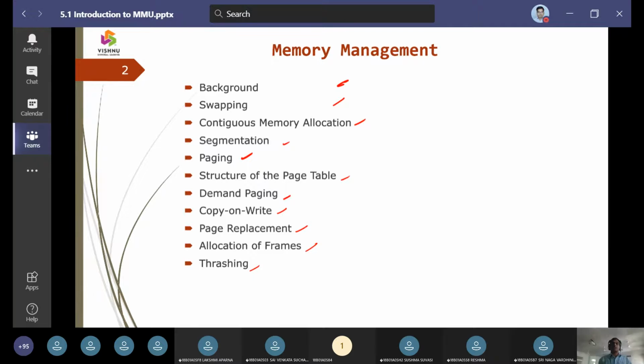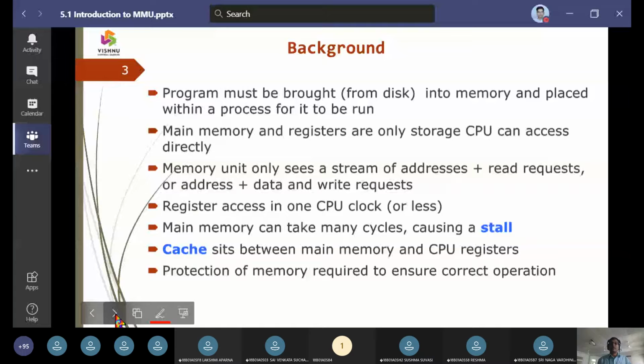So we have to take up this memory management with a background as follows. We will be assuming that we have a random access memory, and the other name for random access memory is primary memory, or we are going to call it main memory.